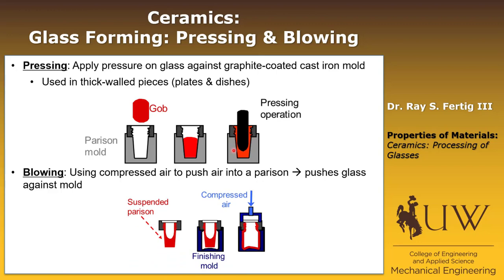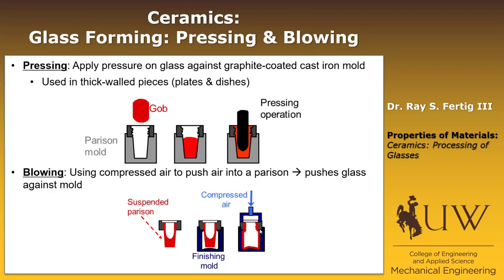So if we form this parison here it is now suspended. We apply compressed air into it, and it basically blows the glass, pushes it against the mold, and adopts the shape of the mold. So those are two of the five